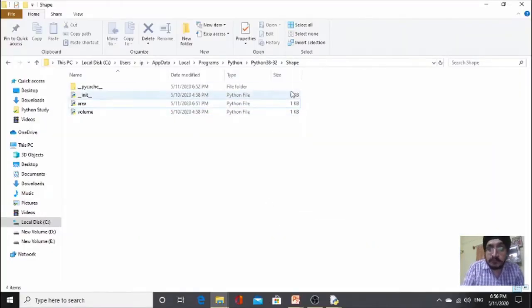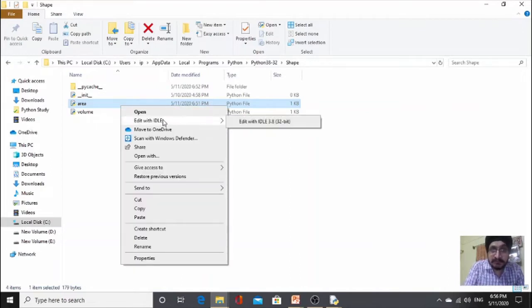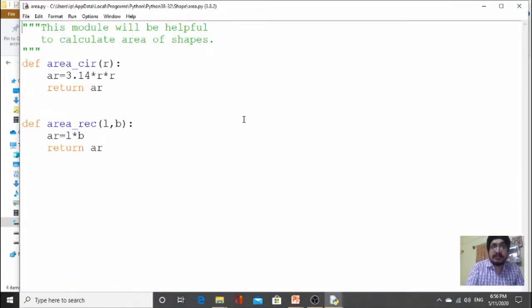I have created a folder called shape and you can see there are two different modules. The area.py file is here, the volume.py file is here. This area.py module is storing functions for calculating the area of different shapes. Similarly, you can see in this file I have calculated the area of two different shapes.